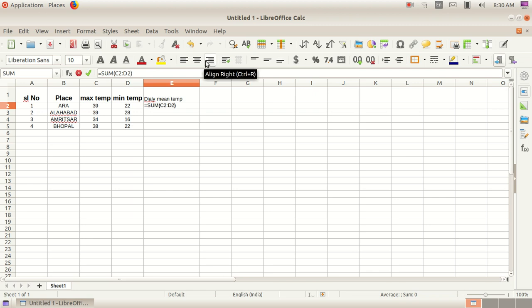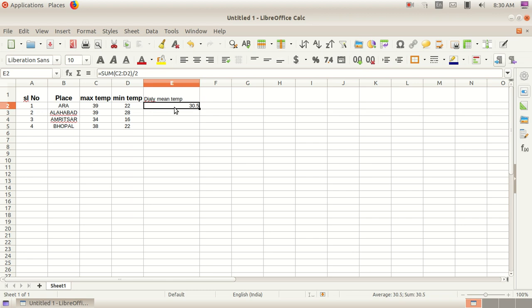This will give the sum; divided by, the division operator, 2. Then press enter. Thus we get the average temperature, the average of the two.